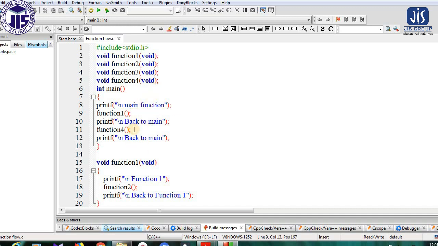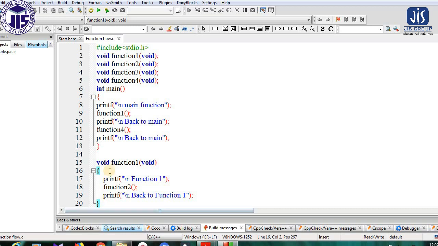Now coming back to the main function, I have said that compilation will start here and end here. Now what will happen as soon as we call a particular function? As you can see, here I am calling function 1. As soon as I call the function, the control of the program will jump from this point to the function declaration. This is my function declaration. Here I have created the function. This is the opening of function 1, this is the closing of function 1. So whenever we call function 1, the control will jump to function 1.